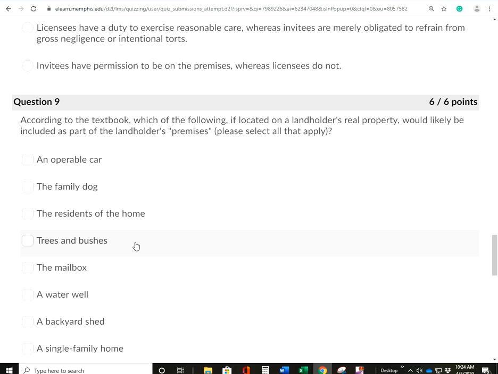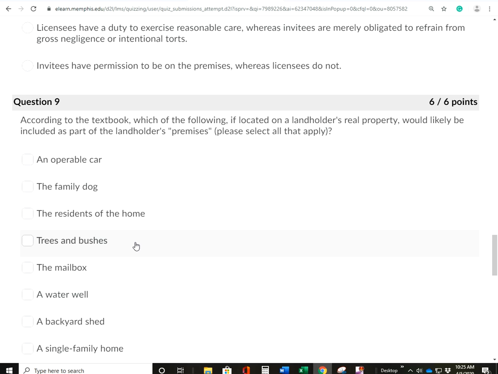and I went down to trees and bushes, and obviously these are attached to the land. They grow from the ground, and if they're on the property, they're attached and growing from the property. If they're attached to my property, those would be part of my premises or my land, or they could be growing into an adjacent property, as the textbook alluded to, and I would still be responsible for those trees